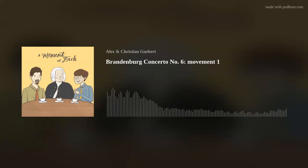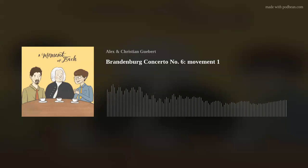There's been a few times, one of them recently, that we've talked about the viola da gamba. It's an older instrument, and by the time of Bach writing this, it was already considered an antiquated instrument. We think that he most likely wrote this concerto as a chance to get Prince Leopold involved, playing the viola da gamba. Although, a look at the score shows us that the viola da gamba parts are not as complicated